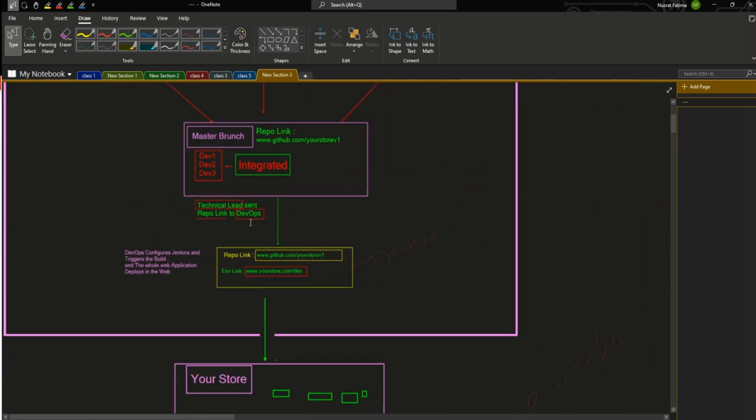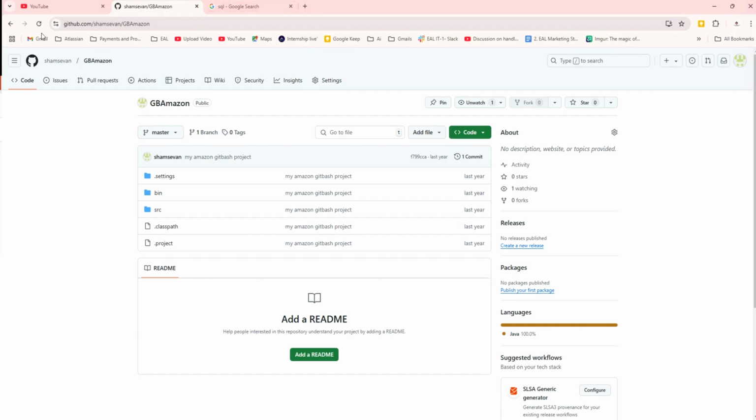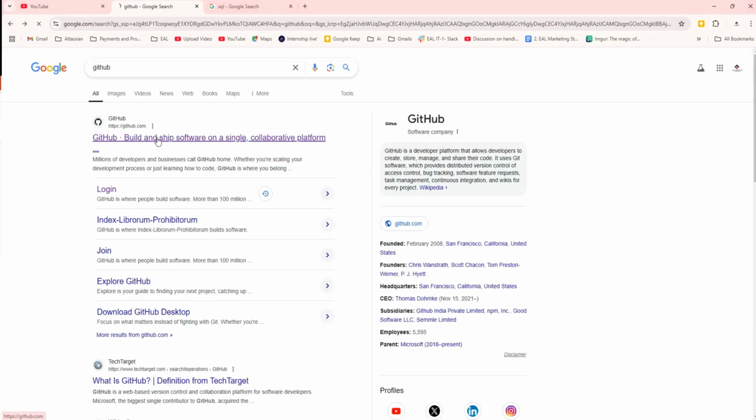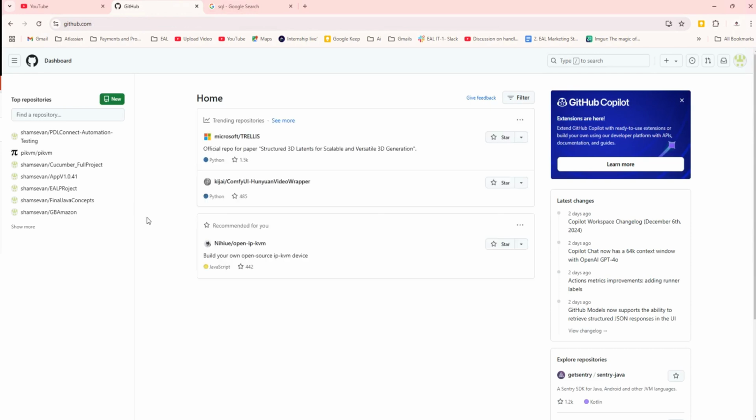Let me show you the GitHub. I only talked about GitHub, but I did not show you. So let's go to GitHub. So this is GitHub, and we can create our accounts, and we can upload our codes in our own branch. So as in our discussion from our last class,